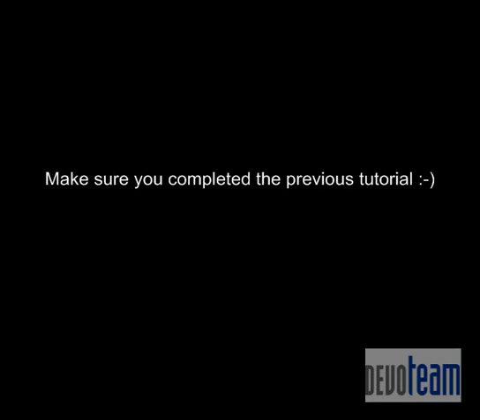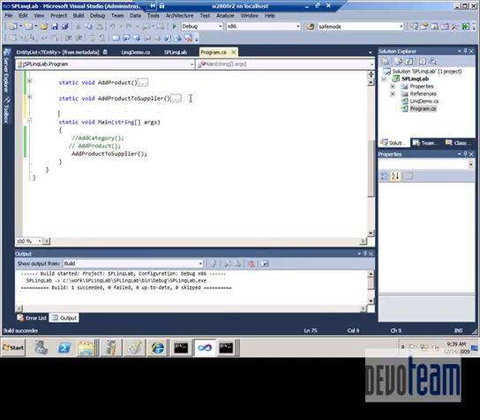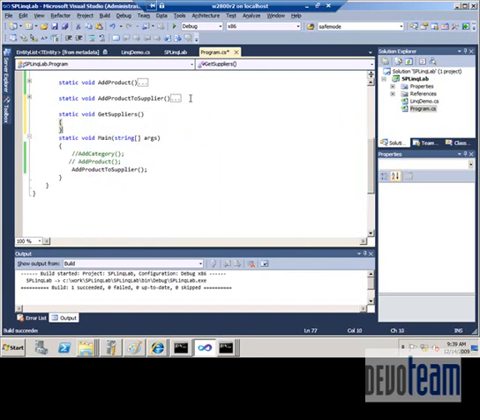Make sure you completed the previous tutorial. And now I'm going to create a function that will fetch suppliers data. So let's go. Let's create a static function, static void get suppliers. We need a data context,